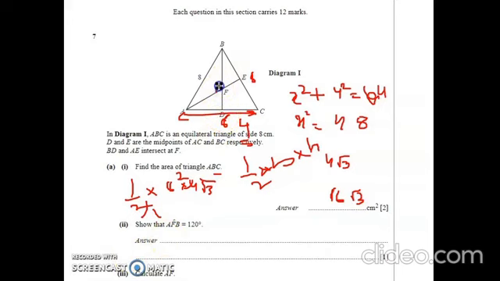Show that AFB equals 120 degrees. AFB, that means this angle. Now, we know that this angle is 60 degrees, and we know that this is bisecting B and C. It is breaking it into half. So that means this will become 30. And this will also become 30 because this will also become an angle bisector to A. Similarly, over here, this will become 30. We know these angles are 60. 60 plus 60 plus 60, 180. So 30 plus 30 will give me 60, and 180 minus 60 gives 120. So we have shown like this.